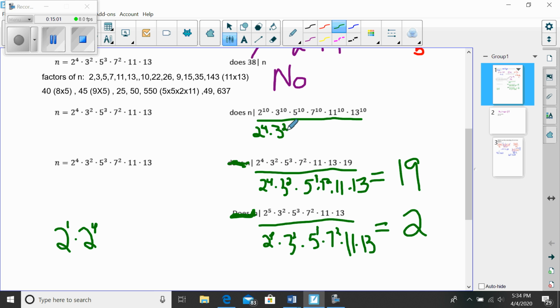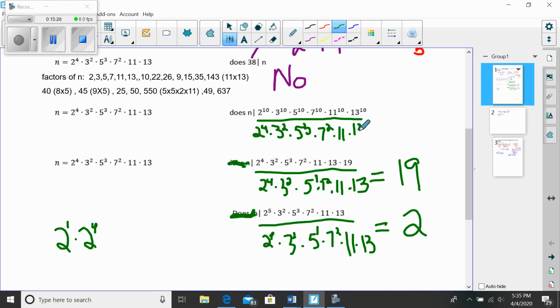If I expanded these, if I had 2 multiplied out 10 times and 2 multiplied by itself 4 times, and I canceled those 2's, I would be left with 2 to the 6th. So I hope you remember that rule where, if you have powers of the same base, you just subtract the exponents. So as long as I make these powers high enough,